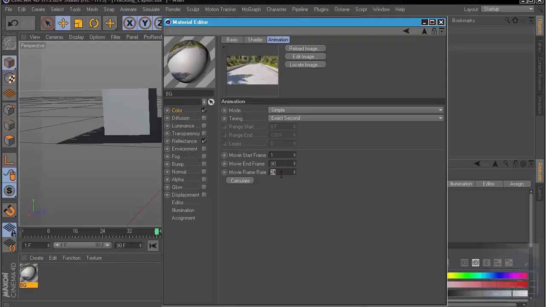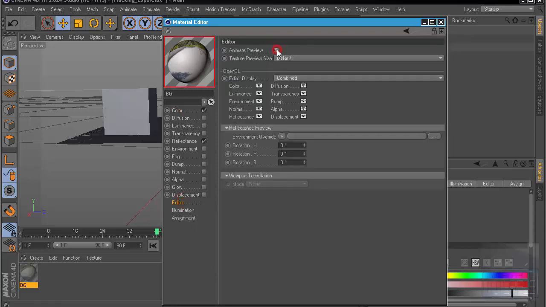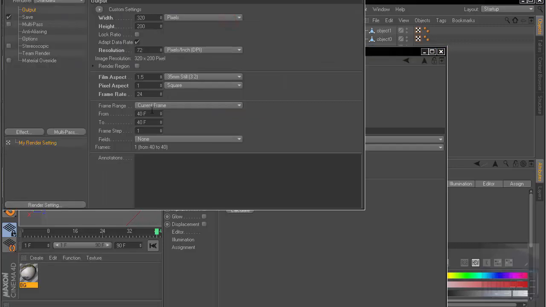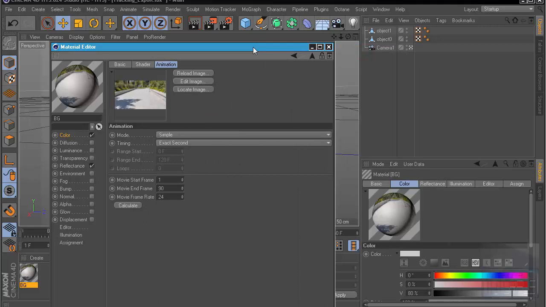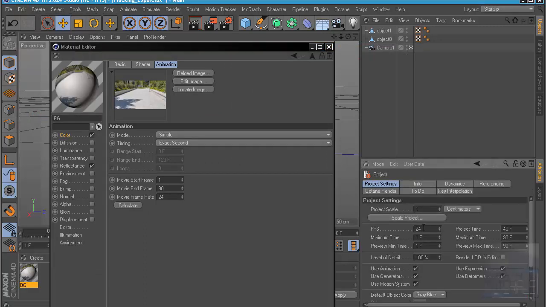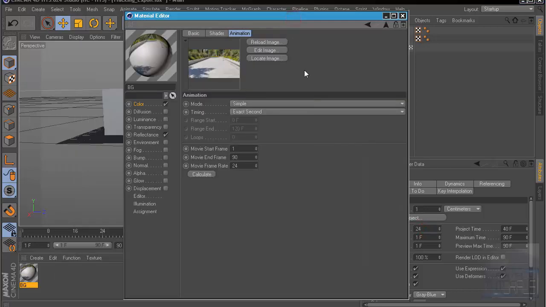So we're going to use 24 per second because it's very important. Calculate, and in the editor, animate preview. So as you can see, 24 frames per second, and Edit, Project Settings, 24 frames per second. Okay,